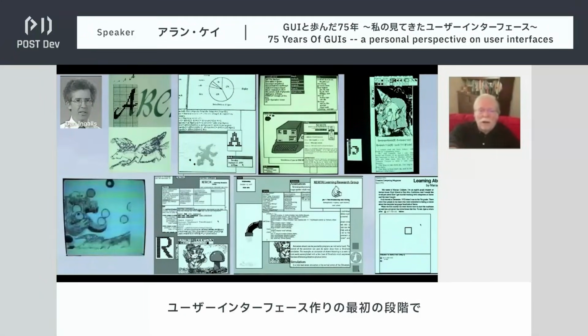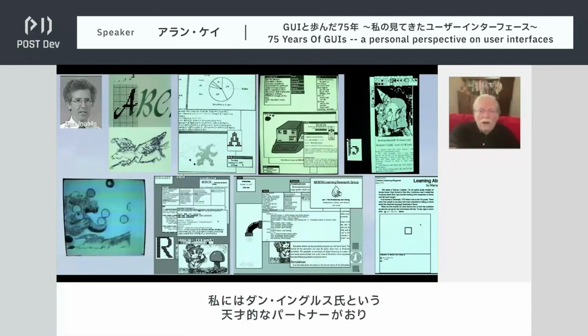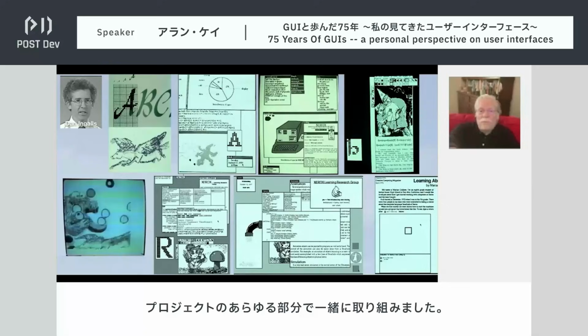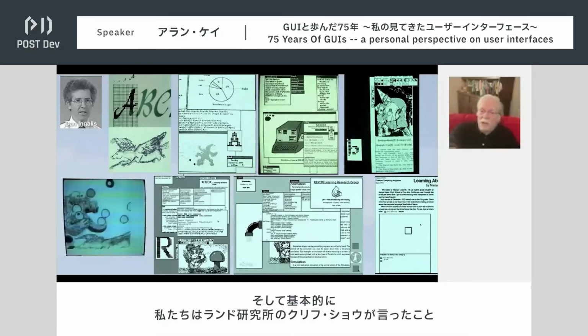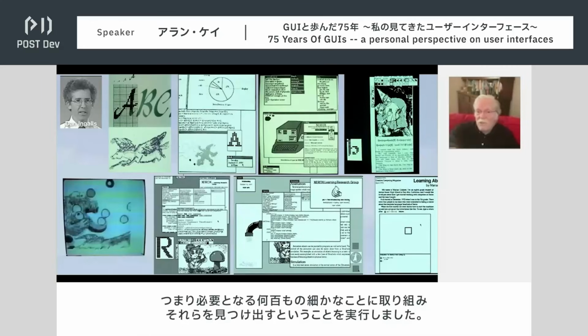Now, our actual progress in making the user interface first was in every part of this project. I had a genius partner by the name of Dan Ingalls, and we worked together on all parts of this. And basically, we did what Cliff Shaw at RAND said, which is working on the hundreds of things that are needed and finding out what they are.